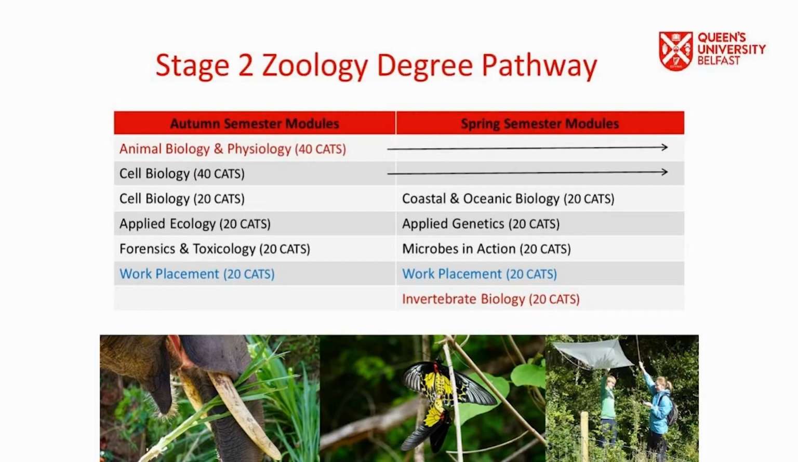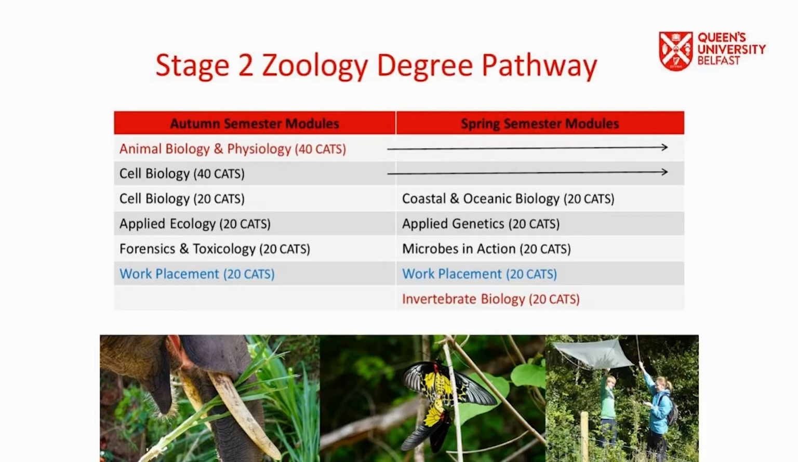You will look at food fraud, the detection of poisons, including animal-derived toxins, and of course, the use of new methodologies to detect and prosecute perpetrators of wildlife crime or trafficking. In the spring semester, you will complete the second 20 cats of the animal biology and physiology module and also